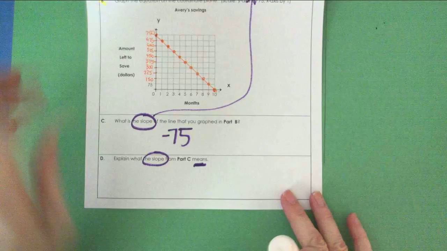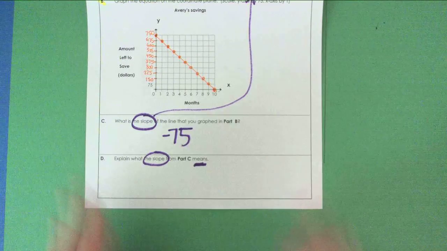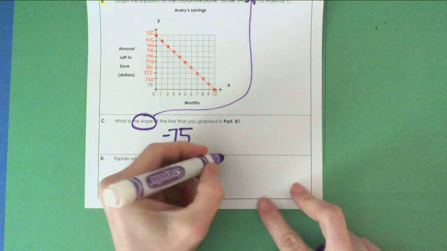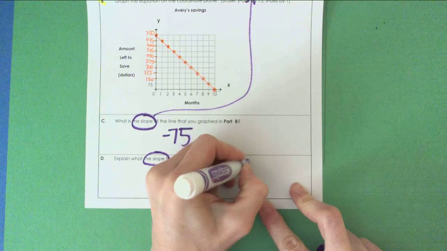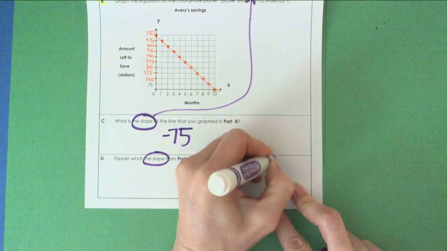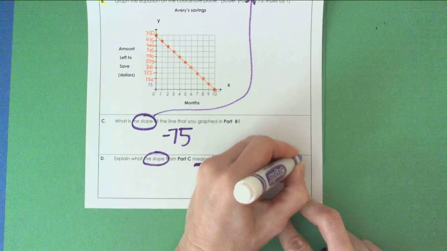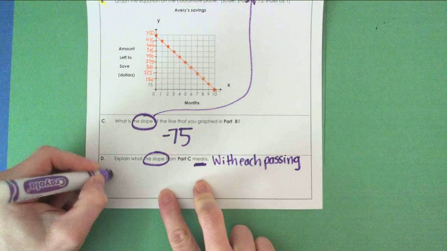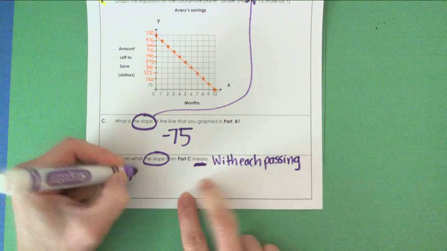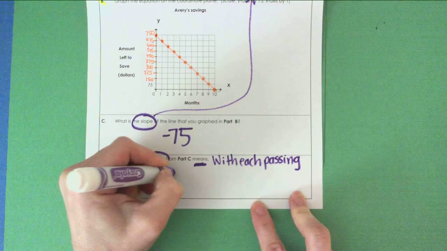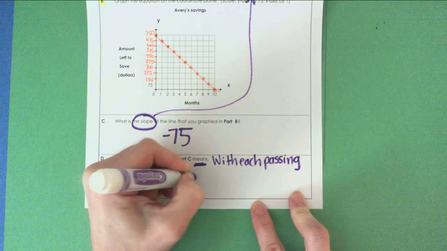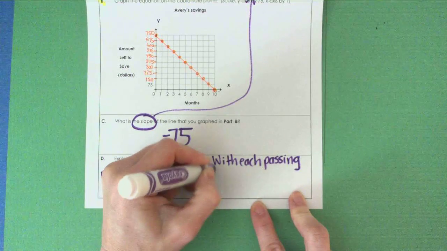What does negative 75 mean? I would say it means with each passing month, Avery still needs to save